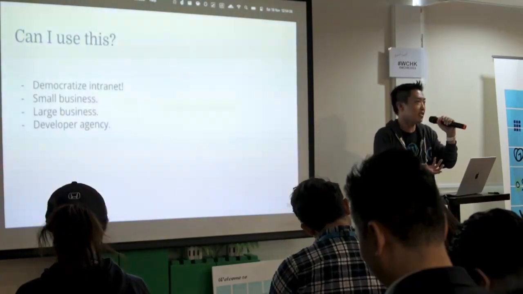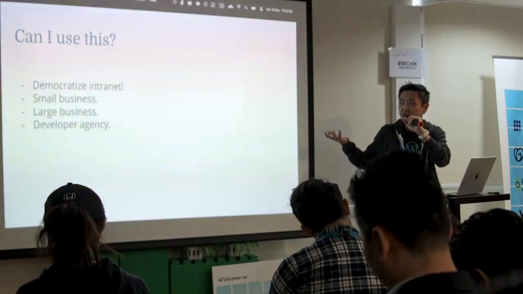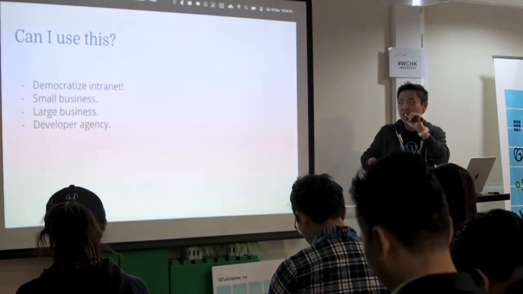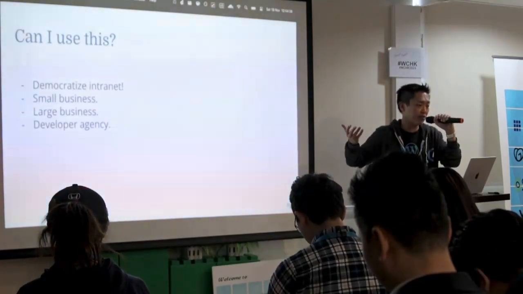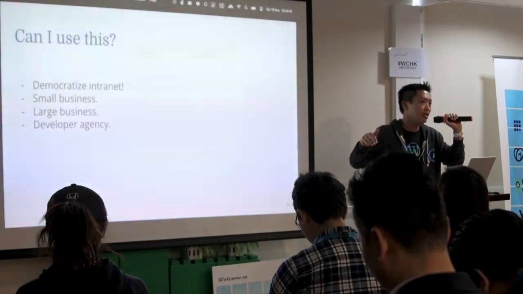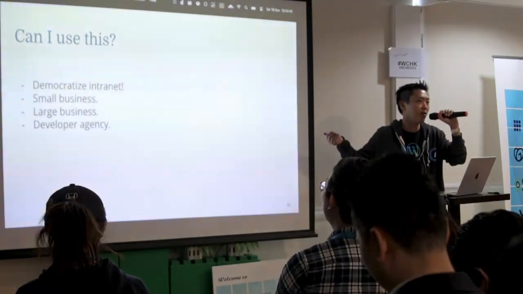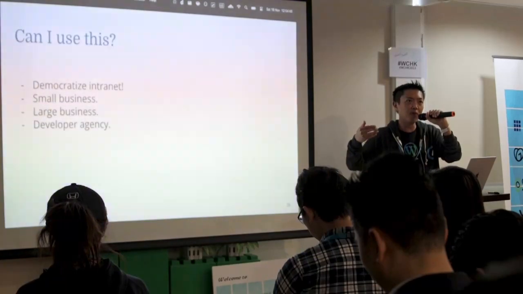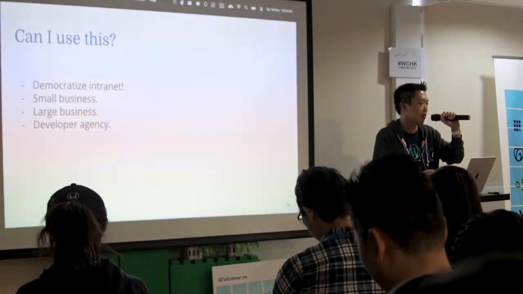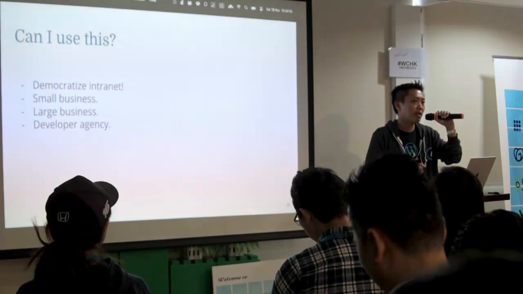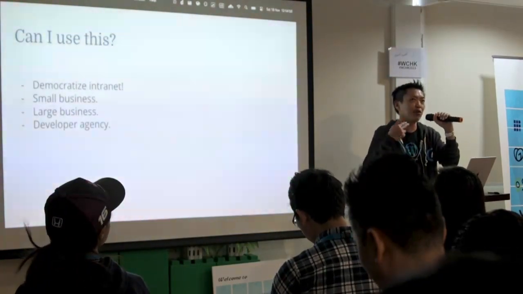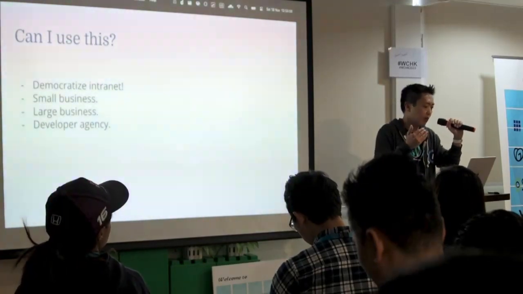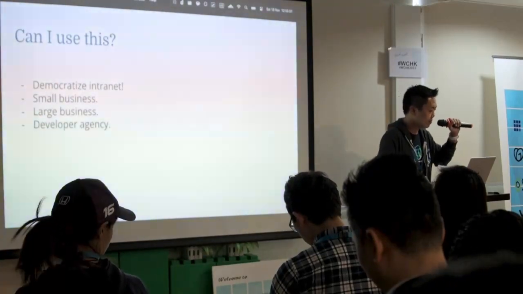For small business, it's easy. I mean, WordPress is not expensive. And for large business, this is how we use it in Automattic. We have 2,000 people, and we are able to use it. And this is how you can do this also. And lastly, I think this is especially useful for a developer agency. If you're running a WordPress development agency, it's particularly useful because you are able to customize it to your developer agency's needs, and from there, you are dogfooding WordPress. You are able to contribute to WordPress. You are learning from WordPress, and that's how you can sharpen your WordPress knowledge and technical skills.